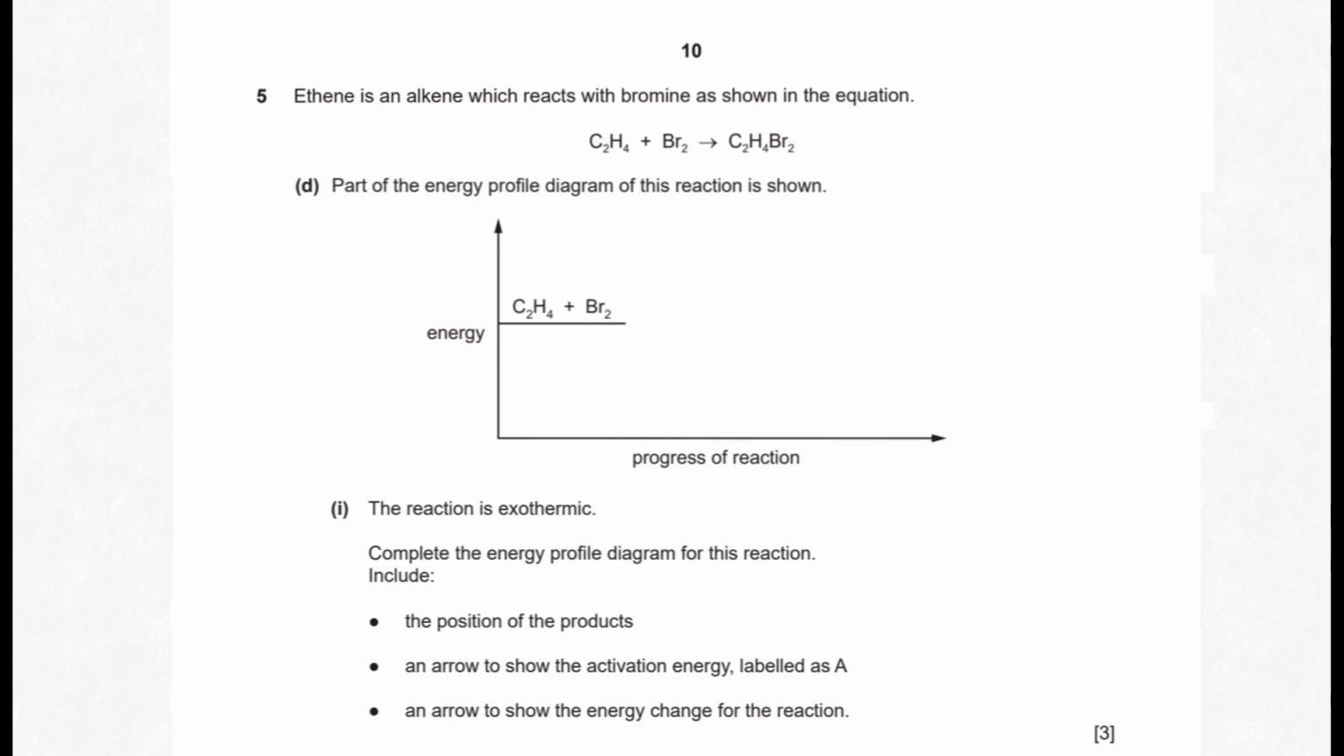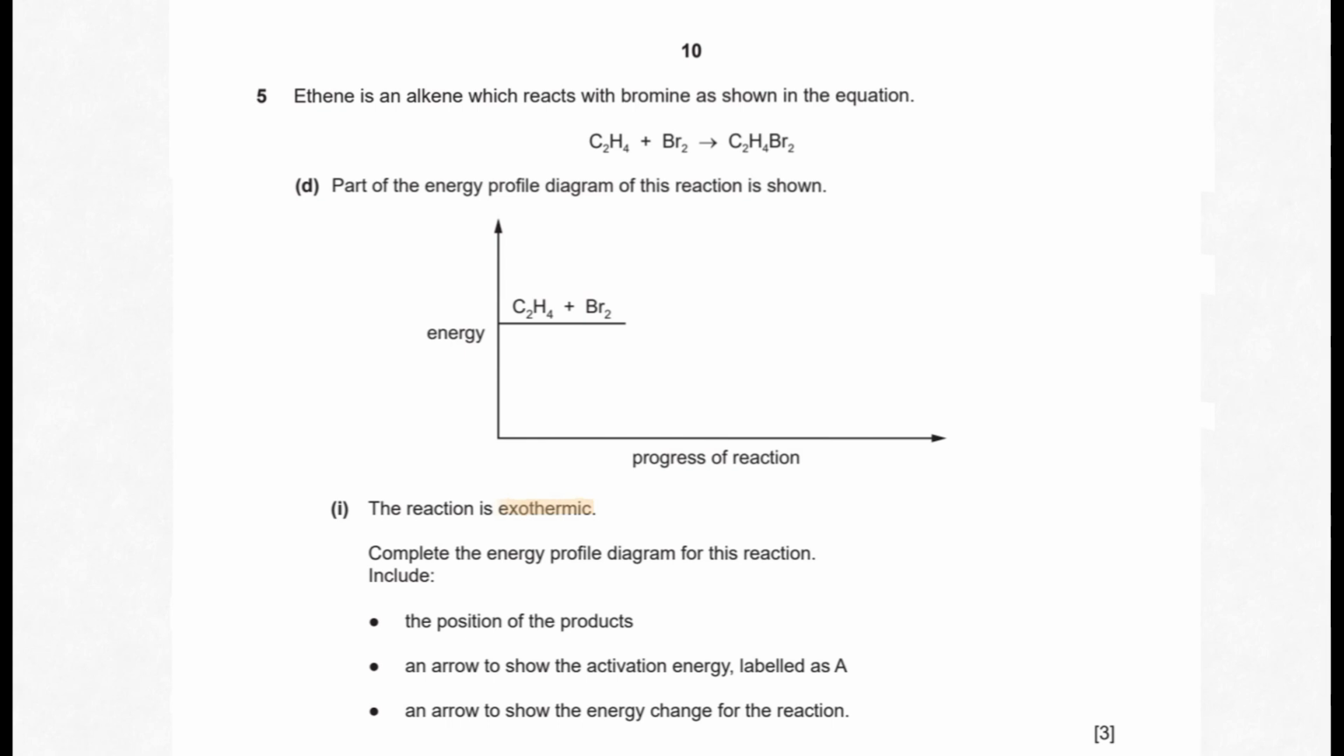So they say that ethene is an alkene which reacts with bromine as shown in the equation. So we can see that alkene C2H4 plus bromine will give us our alkane or halogenoalkane, which is C2H4Br2. Now part of the energy profile diagram of the reaction is shown. So they show us the graph of energy over the progress of the reaction, and they do give us our reactants as a high energy value. They then say that the reaction is exothermic, and they ask you to complete the energy profile diagram for the